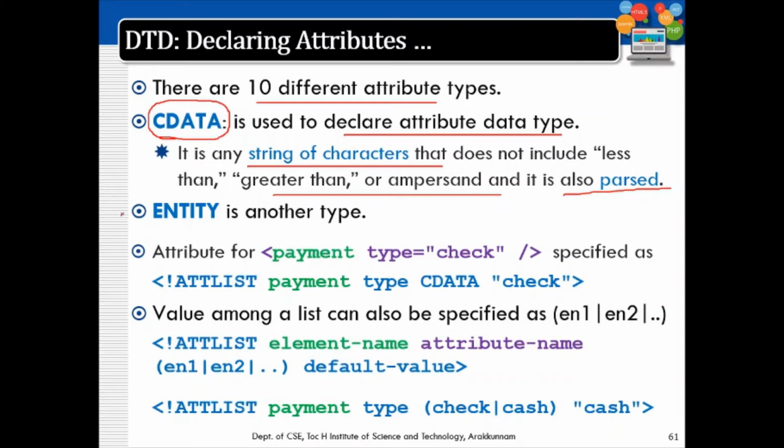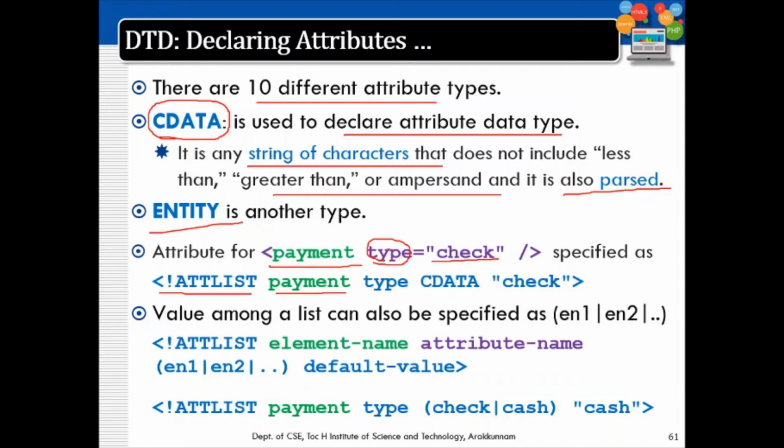Another type is ENTITY. ENTITY is used to refer to external entities. You can see some examples here. First one is a node payment, which is having an attribute called type and it is having a value check. So the rule set for such a payment node can be like this: exclamation ATTLIST, then name of the node first.